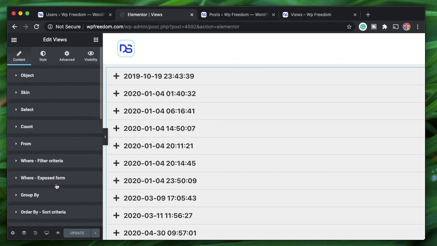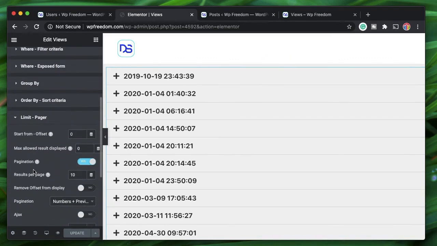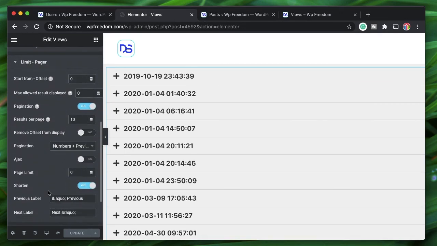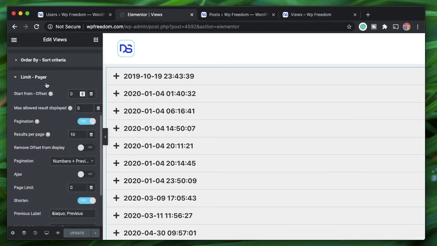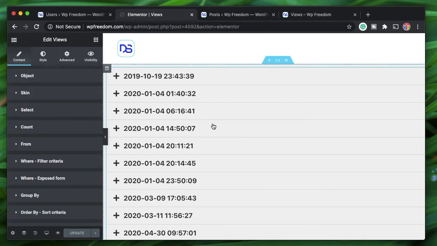You can also limit the number of posts per page, right? You can also specify an offset, and basically there are a ton of options. But this is how you use the views widget. It will let you define complex logic and display basically any content on your website. So you can display posts, pages, custom post types.